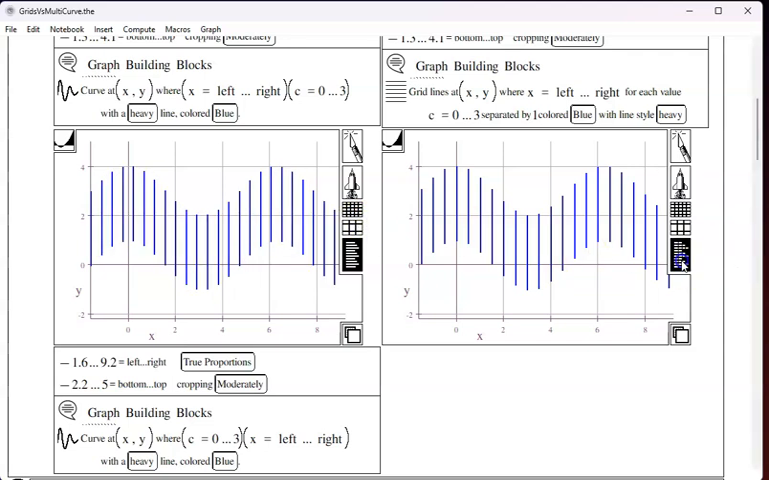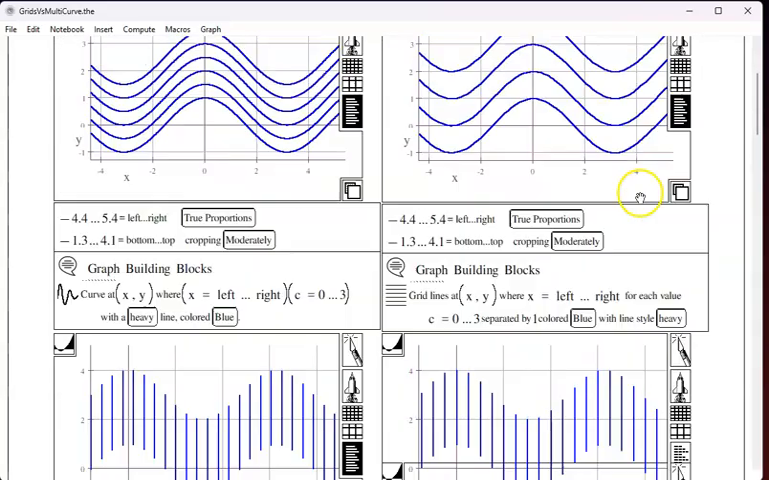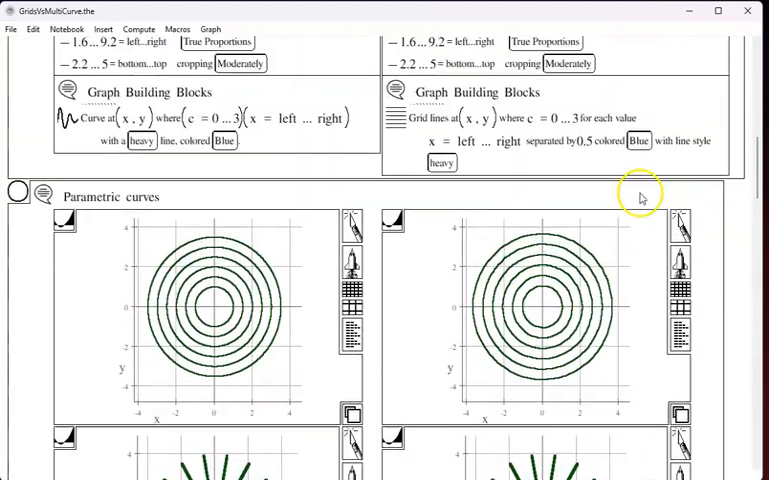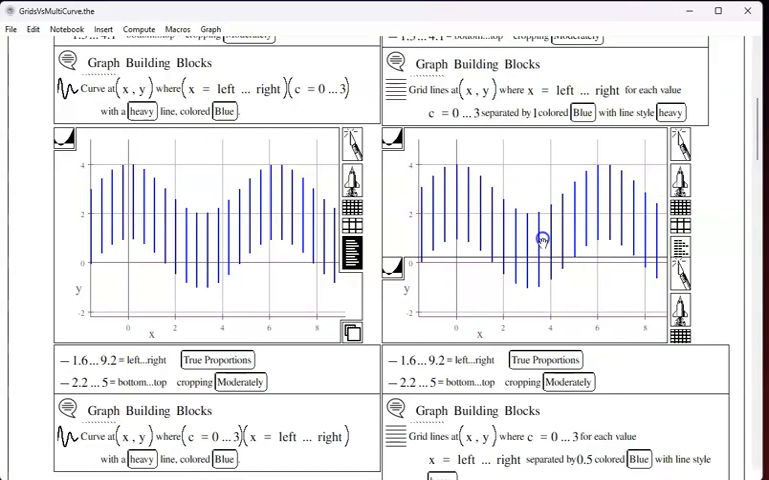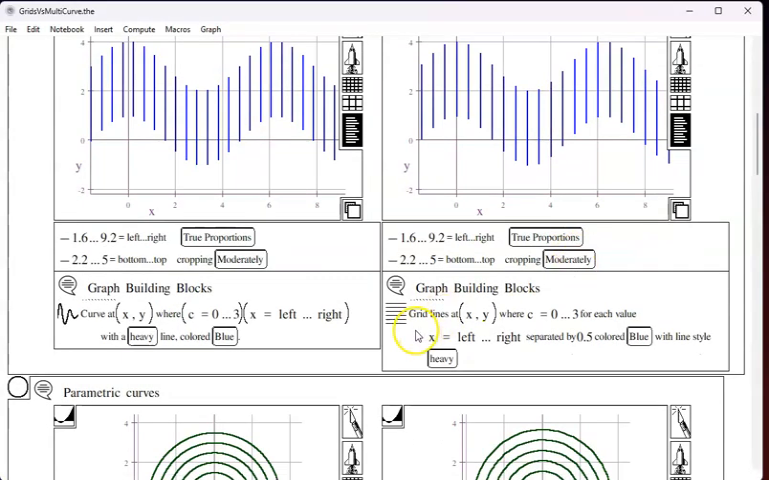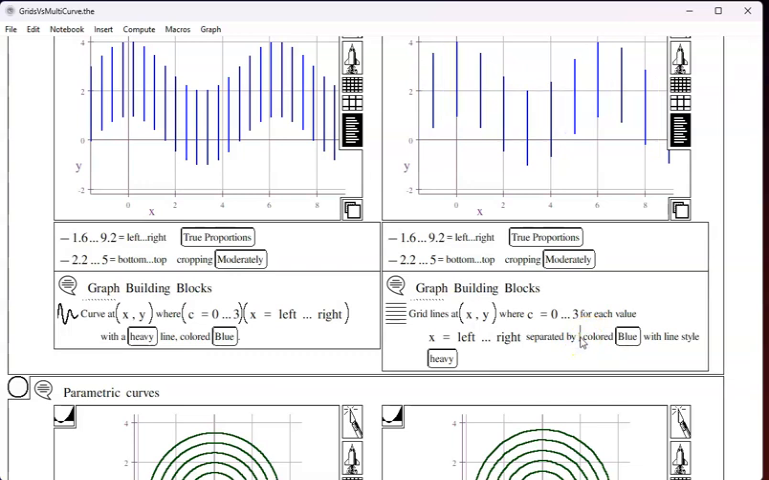On the other hand, over here, this is the same kind of thing. Let's redraw that graph. There we go. This time I'm using a grid plot. Again, instead of where x equals, now I have where c equals 0 to 3 for each value of x between left and right. Now I'm choosing the density by saying how far apart these x values are separated. I can separate them by 1. I can separate them